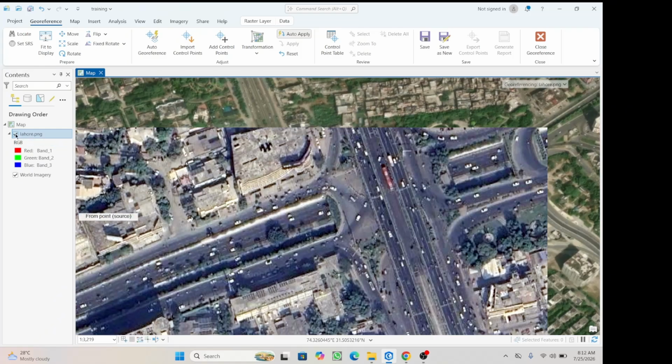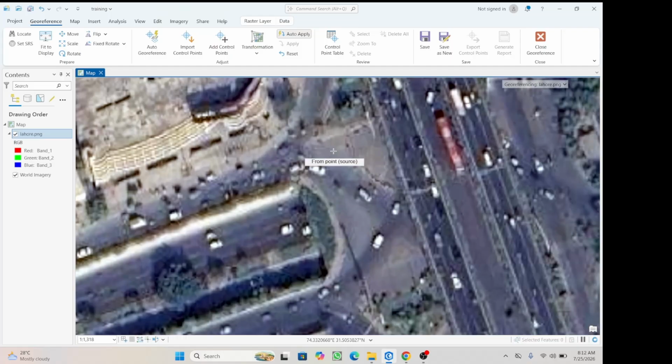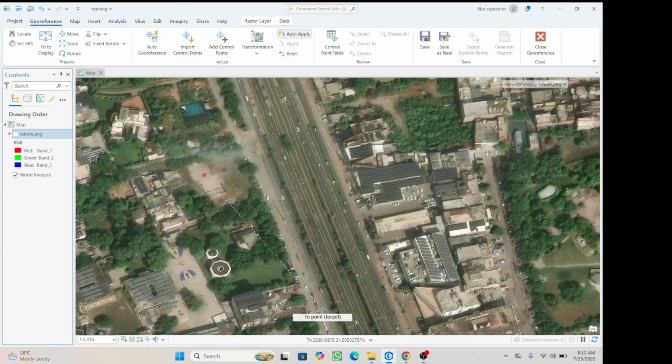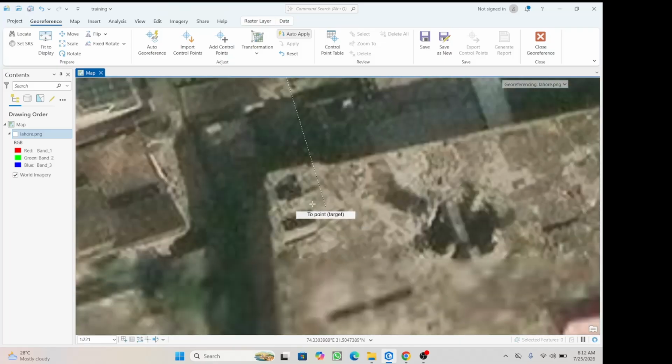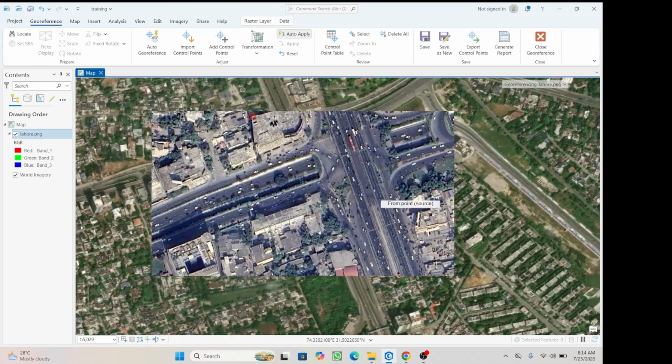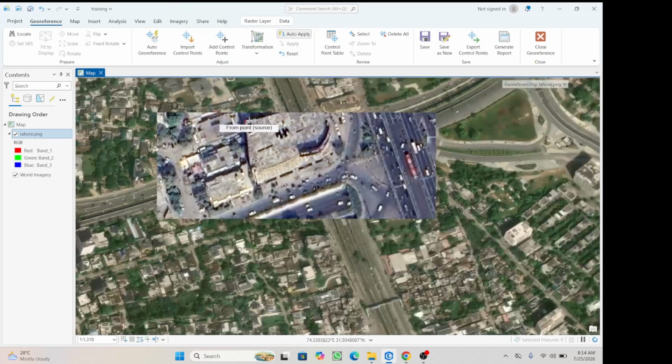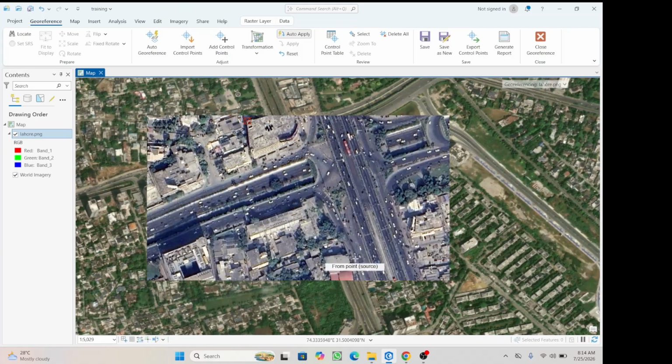Okay, so I am going to click on this building, then we need to toggle off this imagery, and we need to find the corner of that building on our real imagery. Okay, you can see that we have successfully added one control point, and now we need to add more